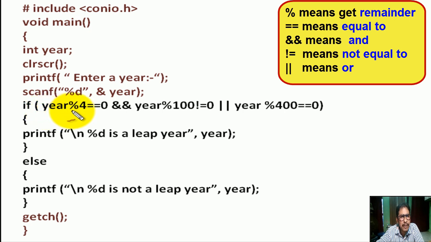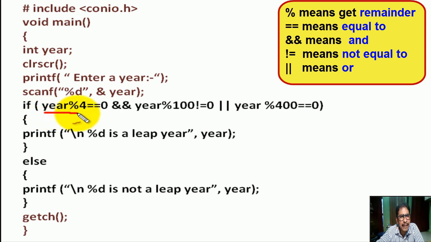Year % 4. Percentage is the modulus operator to get remainder in integer division. This is the relational operator, meaning is equal to.